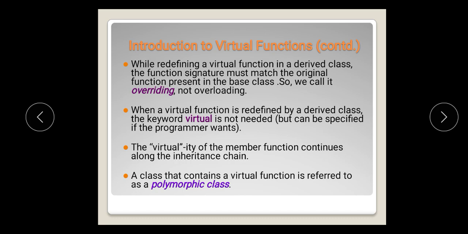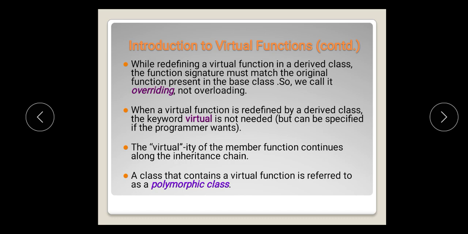If we want to make the base class function a virtual function with an implementation in the derived class, then both the declaration as well as the definition in the base class function and the derived class function must match. That means their signature must match the original function defined in the base class. Only then is the function overriding concept satisfied. Otherwise it is function overloading.